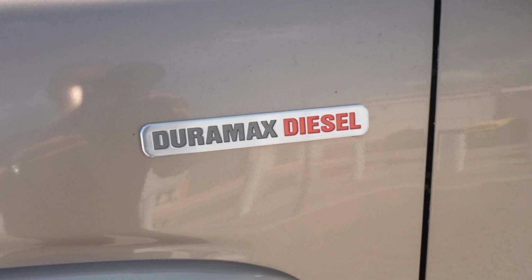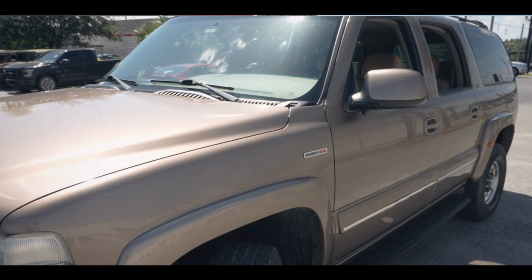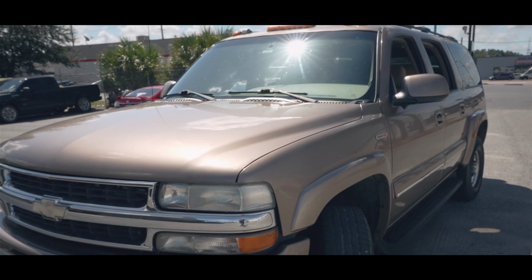We got an insane unicorn up for sale. A little bit different. You ready for it? It is a 2004 Suburban with a Duramax conversion and super rare. It's the only year that they did